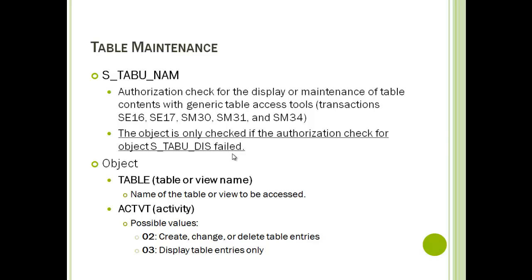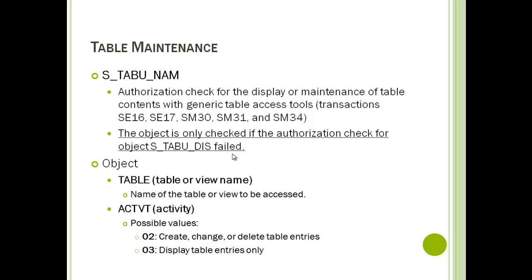If, let's say, this authorization object is not available or it fails, then it checks for s_tabu_name. Under this object it checks what specific table name is available for this user. Then based on the table name you will be able to view it. So in general, this